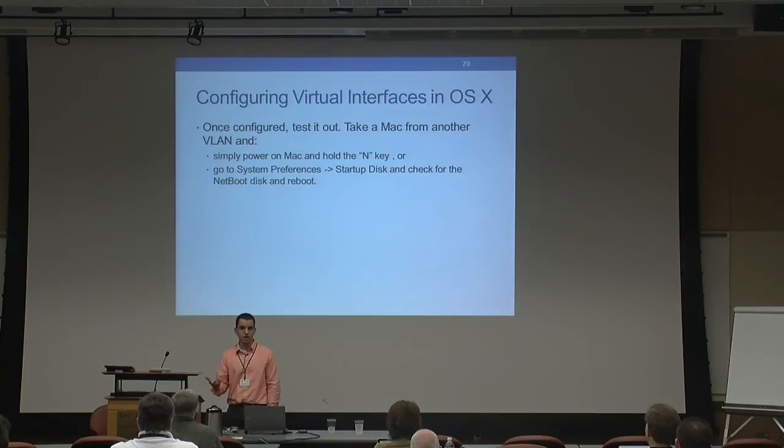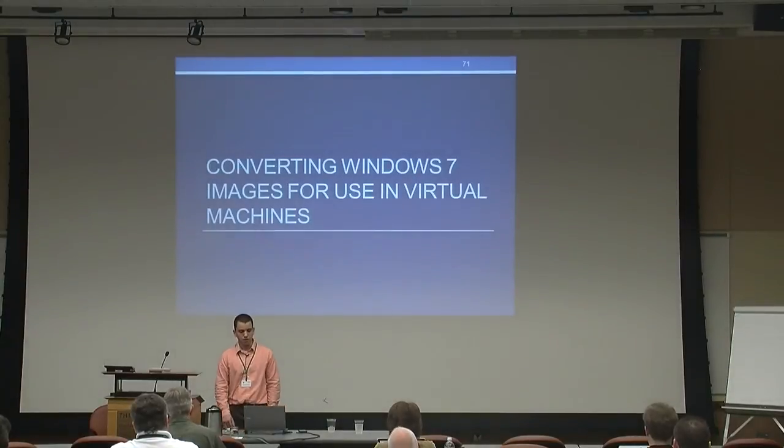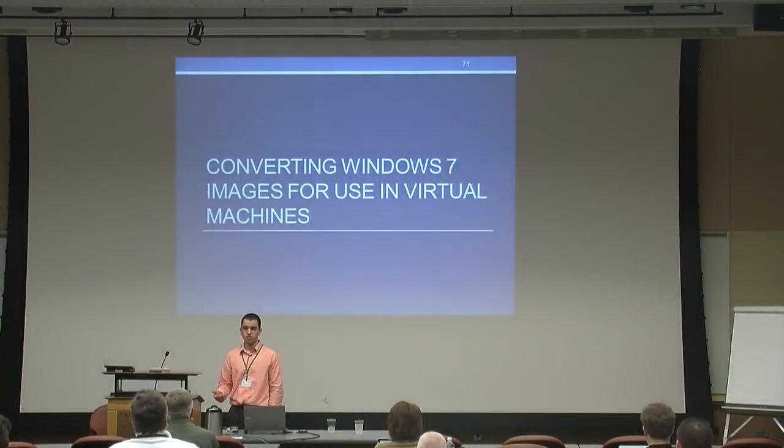Once it's set up, you can test it out. Just take another Mac from that VLAN and hold the N key to power on. Or you can go to System Preferences, go to the Startup Disk, look for the NetBoot disk and just reboot into that. All right, so the last portion here is on how to convert Windows 7 images